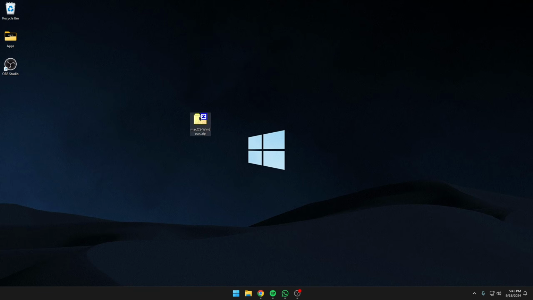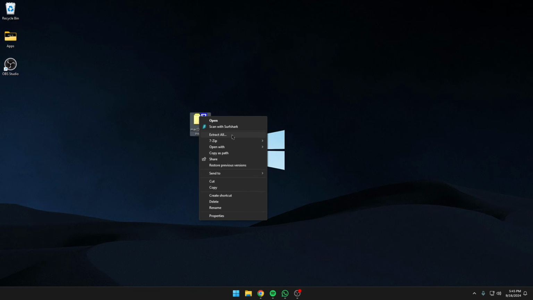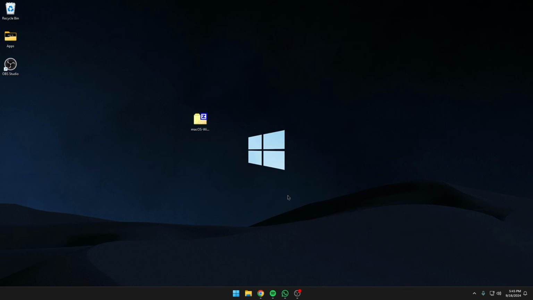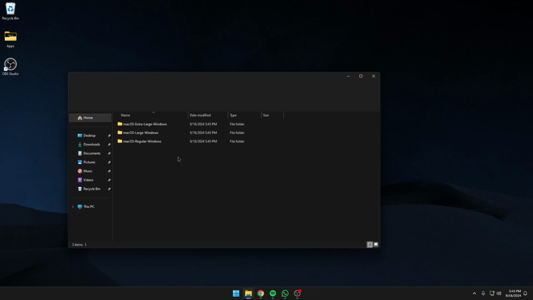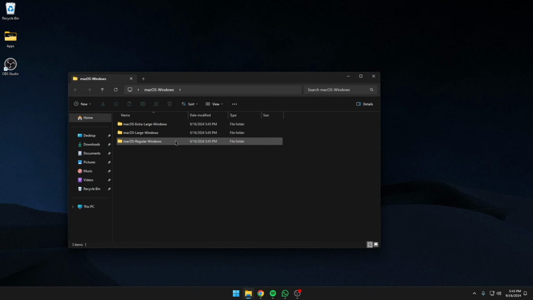Well, once the file is downloaded, we will take it to the desktop. Here, we simply extract the file. Here there are 3 folders. In each one you can choose what size you want the cursor. In my case, I will choose this size. Simply open the folder,